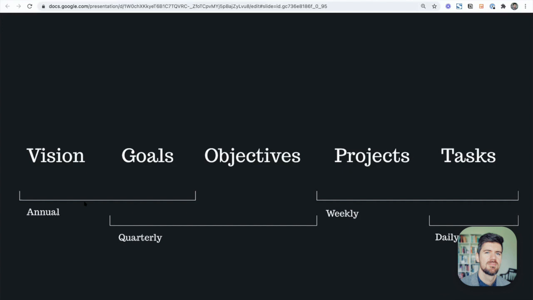The weekly card, you'll be able to see projects as well as tasks that are up next. Whereas when you get into objectives, goals, and vision, you're maybe reviewing these less regularly because the idea is that you're probably spending more time crafting your vision and crafting your goals for the year. So it's more about doing a quick refresh on those.